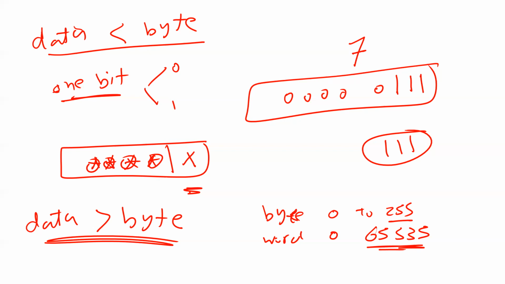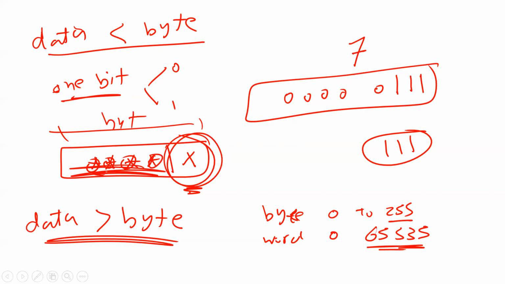I'm going to tell you how. Let's see the first case: your data is less than a byte, 1 bit, 2 bits, whatever. Number one, you have to put it in a byte anyway. For example, my data is 1 bit. I'm going to store it in the first bit of the byte. What about the other bits? Just put zeros, put ones, I don't care. But it has to be in a byte. So even if it's 1 bit, we take a byte, and you don't care about the other bits. Store a byte, and when you read the byte, look at this bit and ignore the others. You got what I'm saying?